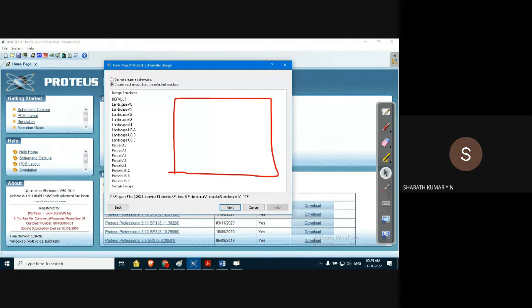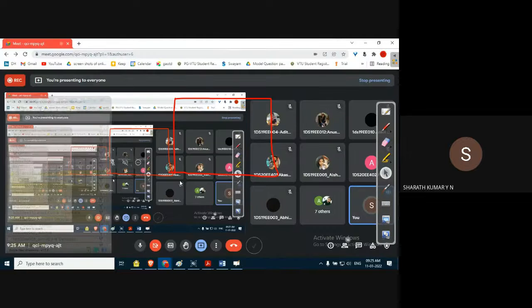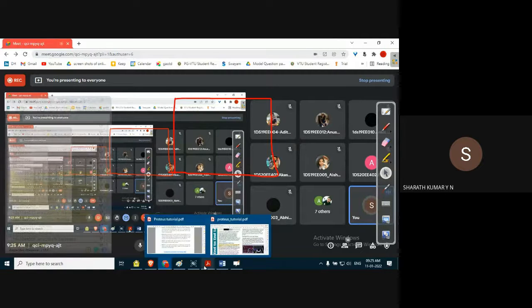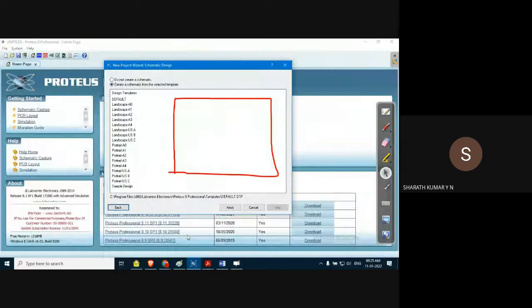To start with, we can go for default. If the schematic is too large, then you go for a bigger size; otherwise default is better. For our laboratory purpose, default is sufficient. Select default, click next.